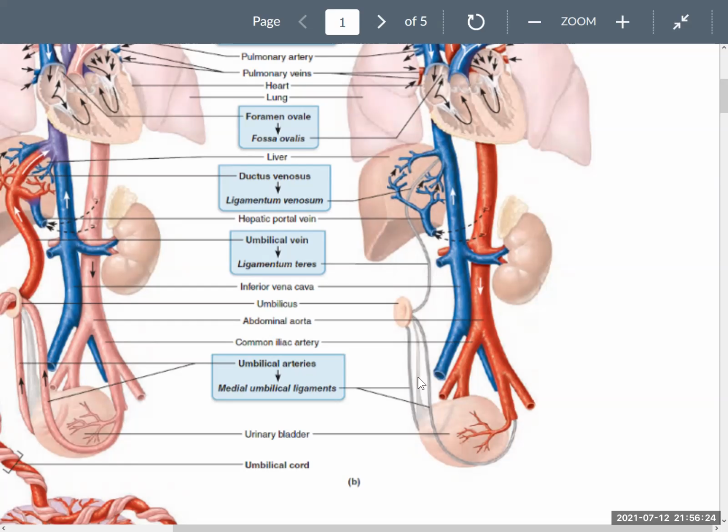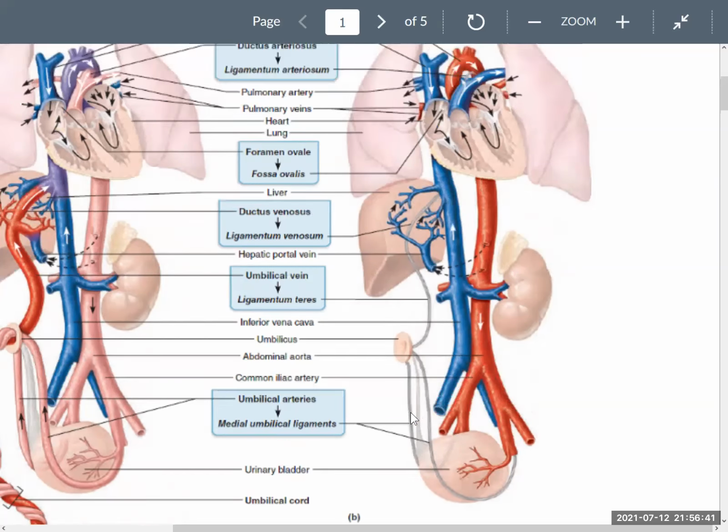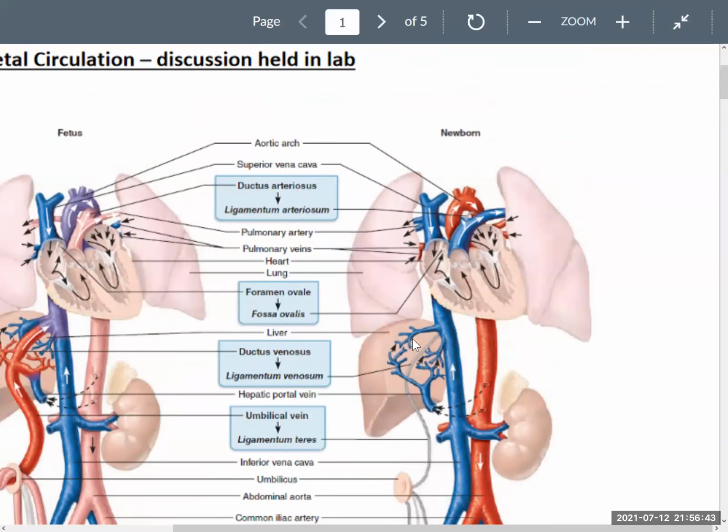And you have the leftovers of the arteries, the umbilical arteries. These are leftovers. You can call them scar tissue or artifacts. But the rest of this is the same that we've gone over in class many times with those models